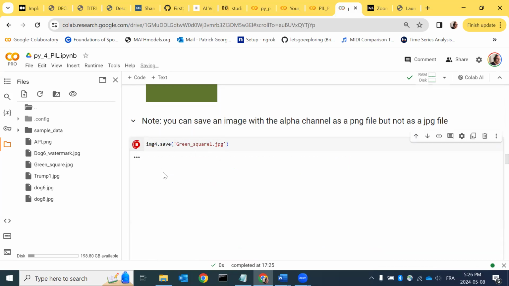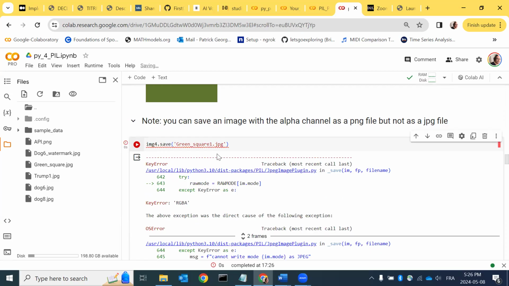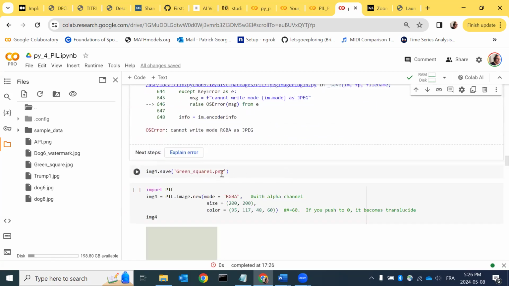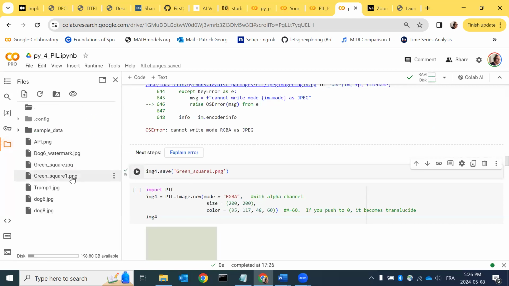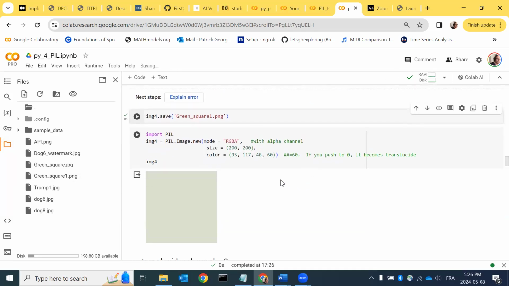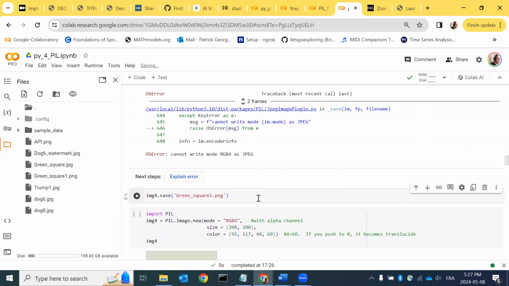If I do that, you are going to see that actually there is a mistake. And the reason there is a mistake is that the JPEG format does not allow you to introduce an alpha channel. But you can save it as a PNG file. So if I save it as a PNG file, I will get a new picture here that is saved as a PNG file. Of course, you can decide to use a lower value for the